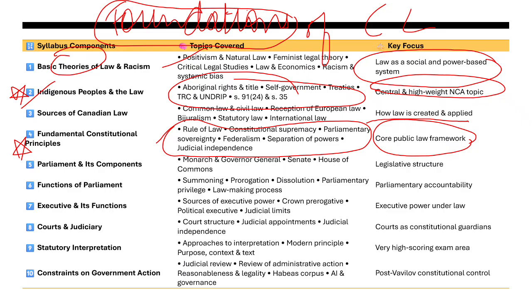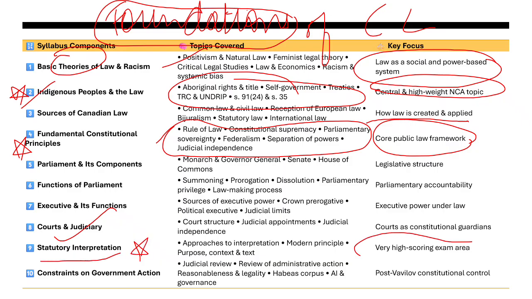Then we'll talk about courts and the judiciary: the court structure, how that happens, the Supreme Court, High Court, and what the provincial and federal courts in Canada are. Courts are considered constitutional guardians. When we talk about the Indian judiciary system, the Canadian one is similar. Here we call them constitutional rights; in India, we call them fundamental rights. In order to protect them, you will have to go to courts. They will protect your rights. Then statutory interpretation, very, very important.